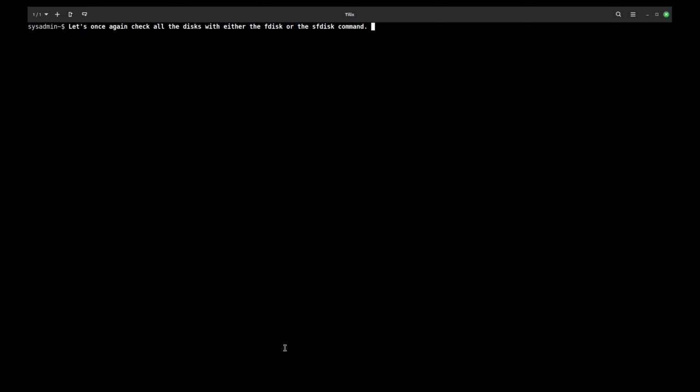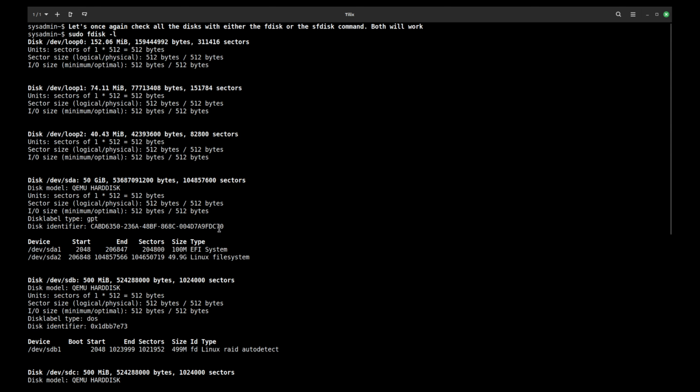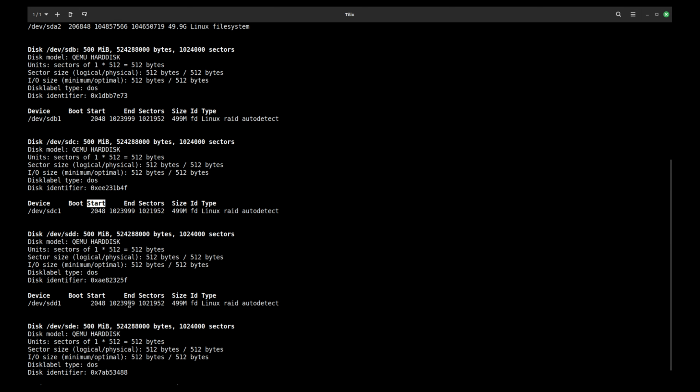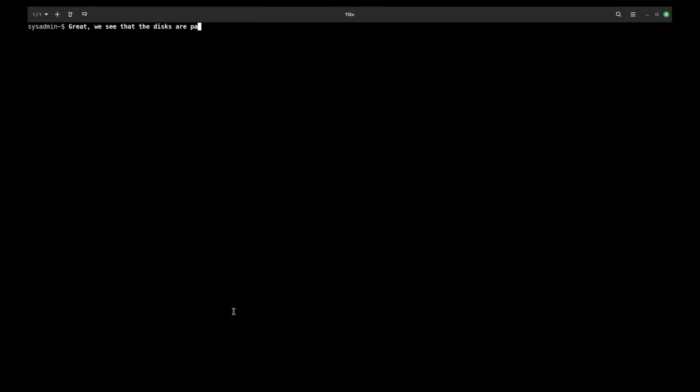Now let's check with fdisk, or sfdisk, it doesn't really matter, how the disks that we had before are partitioned. This is the command we issued. We see SDA that was partitioned already. We see now SDB has one partition, which is Linux RAID. SDC has one partition, which is Linux RAID, and so on. Great. We have the disks, and each one of them has one partition for the whole disk of type Linux RAID